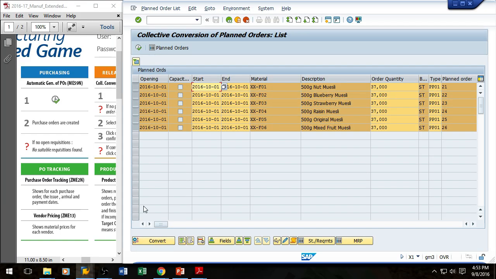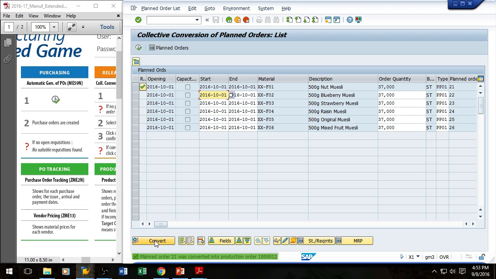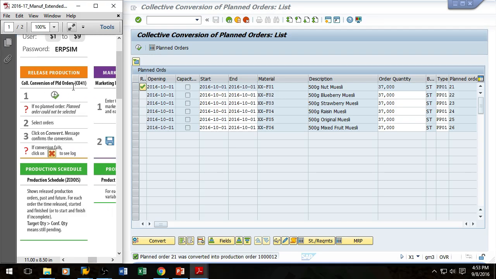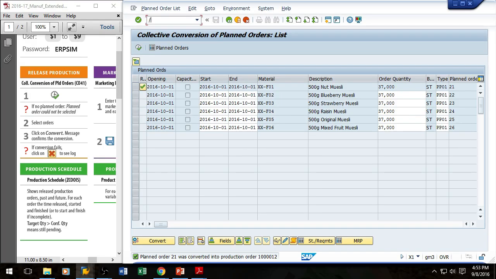You know what? I'm going to do this separately. I'm not going to do select all. I'm going to choose just nut. So it checked the availability. It converted it. So it went from planned order 21 to actual order 12. And we can see, because we just did this, collective conversion of planned orders, we can look at the production schedule and see